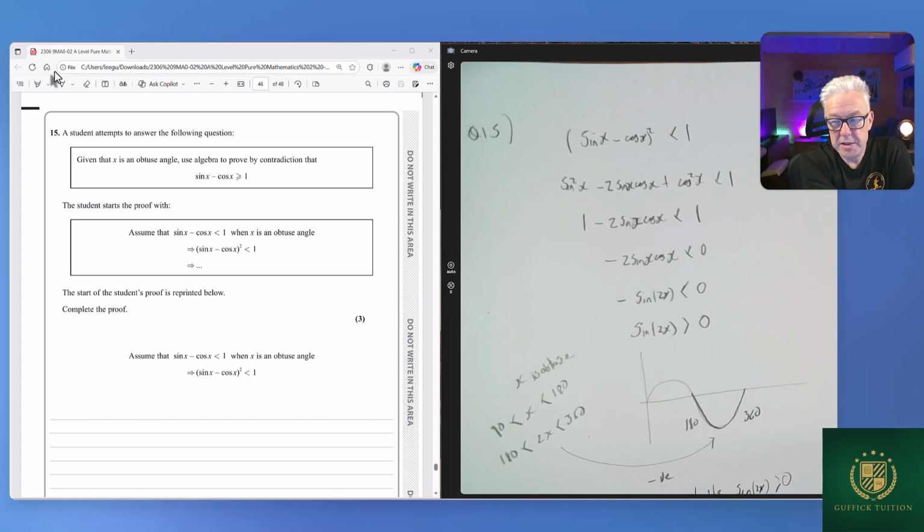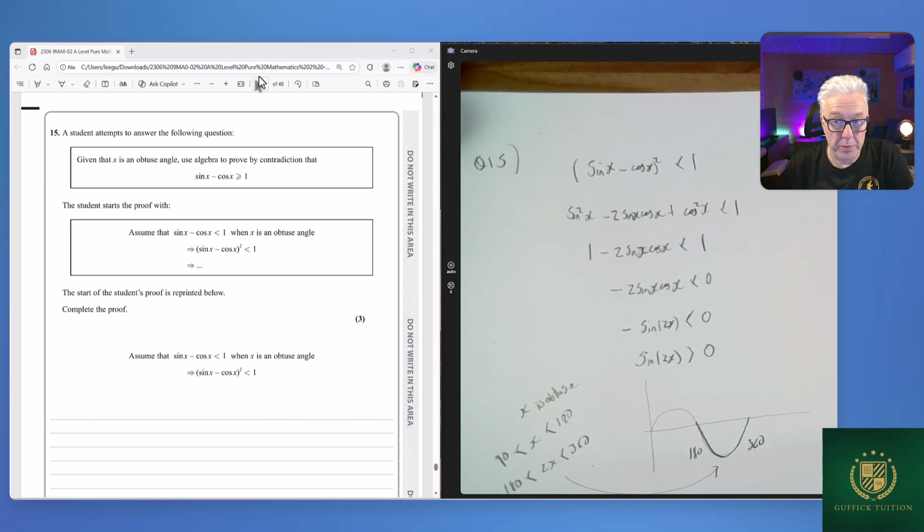So we always need to start off by assuming the opposite, okay? Now we're given that x is obtuse, so that's fixed. Use algebra to prove that sin x minus cos x is greater than or equal to 1. Well, the opposite of greater than or equal to 1 is just less than 1. So less than 1 is like our contrapositive statement. That's the opposite, okay? So that seems reasonable. They've chosen just to square the expression, and let's continue with that because it would appear that this is a